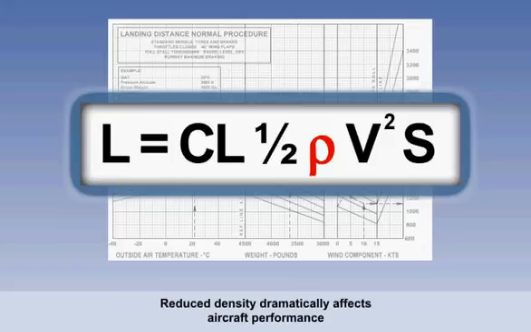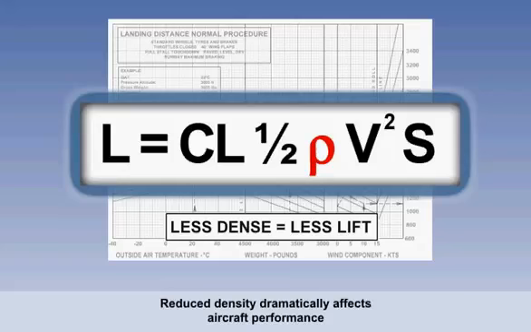With all other variables remaining the same in the formula, you can plainly see that a reduced density would decrease lift. So, for a given speed, the lift generated would be less. This has many implications on aircraft performance and can cause increased takeoff distances, reduced payloads, reduced engine power, and so on. It's therefore essential to take into account the prevailing density so that any changes in aircraft performance can be